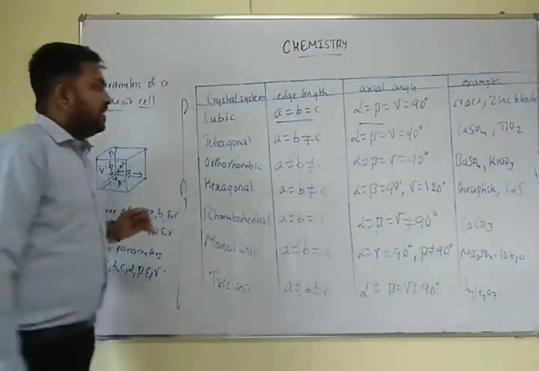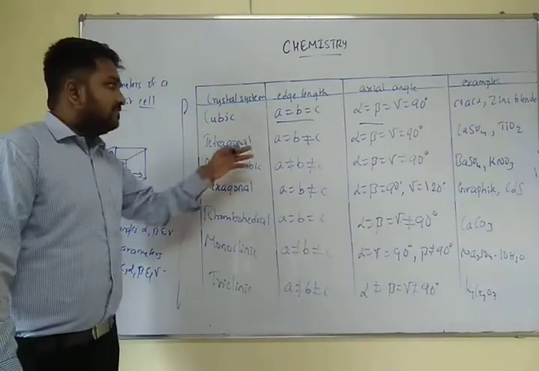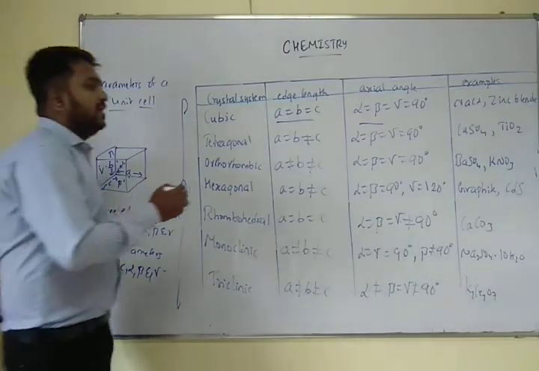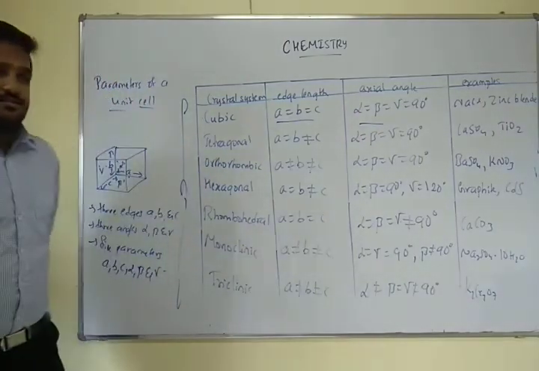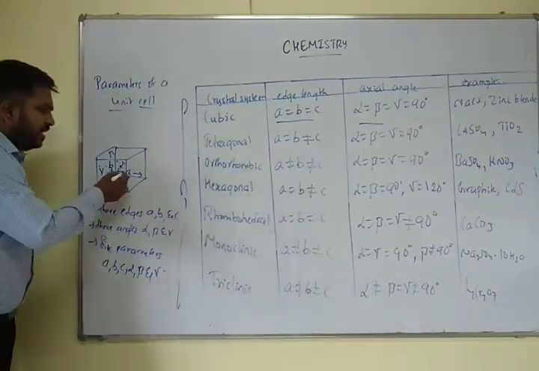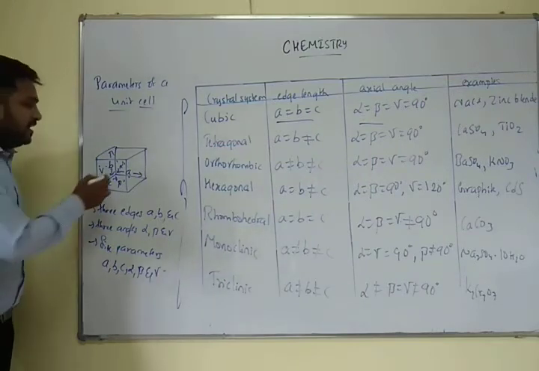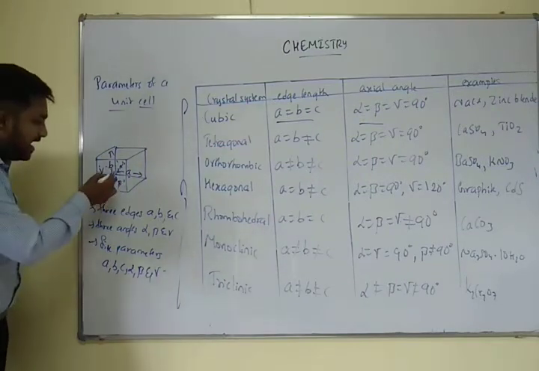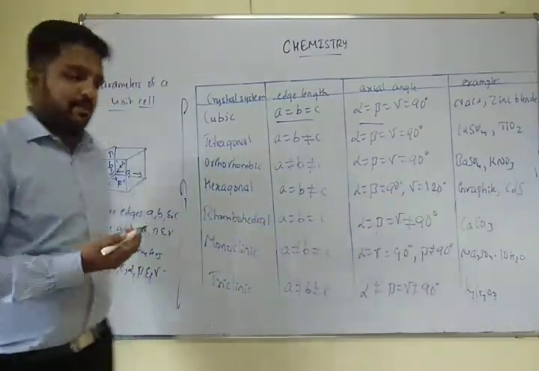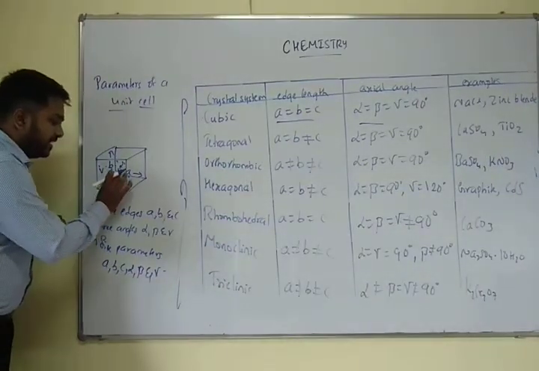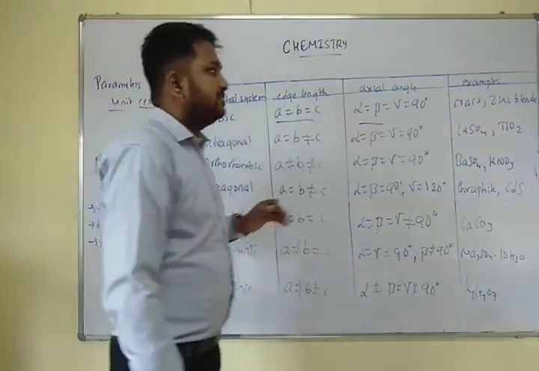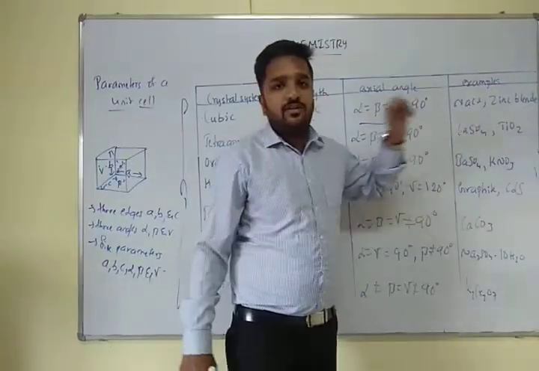Coming to the second one, we have the tetragonal crystal system. In this case, the angles between them are perpendicular. No need to worry regarding angles for the first 3 crystal systems. That means alpha, beta and gamma will be perpendicular to each other. Now, if you look at the tetragonal edge lengths, A and B will be of the same length, whereas C is not equal. It may be maximum or it may be minimum. That means here it may be compressed or it may be dragged. Clear?